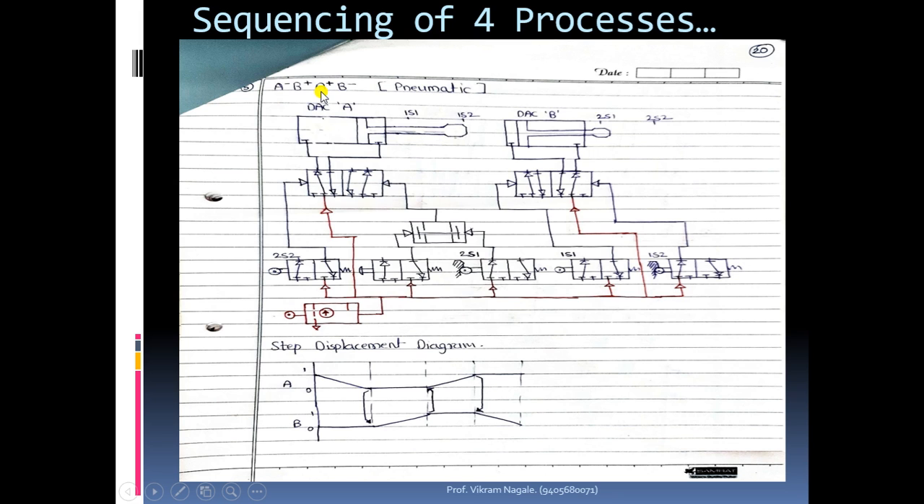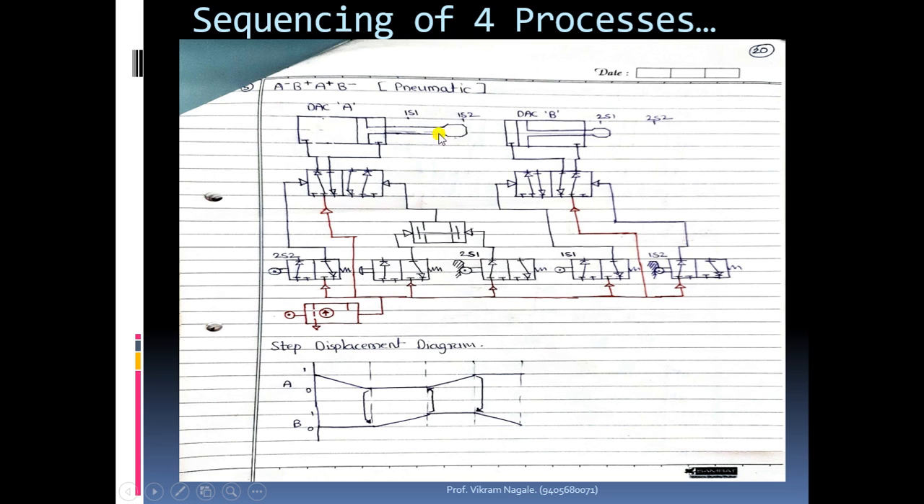Now third is A plus. A plus means after getting this extension, we have to take a feedback from this position to S2 position, and we have to utilize it to apply the pressure on the left hand side of this 5x2 DCV, directional control valve, in order to get A plus after B plus. Means B plus च्या position वरून feedback घेतोय आपण, 2s2 कडून feedback घेतोय. We will be applying it to the left hand side of this valve,